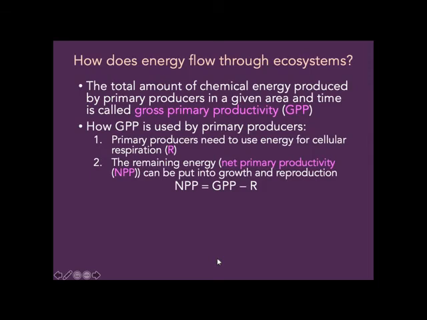And so the gross primary productivity is being used by the primary producers, right? The primary producers are undergoing photosynthesis, taking energy from the sun and locking it up in glucose, but they need that glucose to be able to power their own cellular reactions, okay? So part of the energy from photosynthesis goes into allowing the plant to survive using cellular respiration. That is abbreviated as R for respiration. The rest of the energy that's not used up in respiration can be put into making the plant bigger and